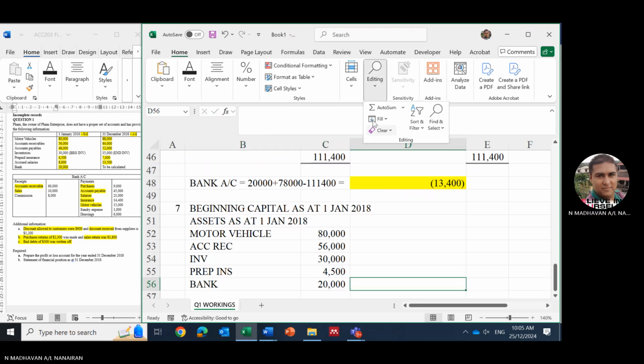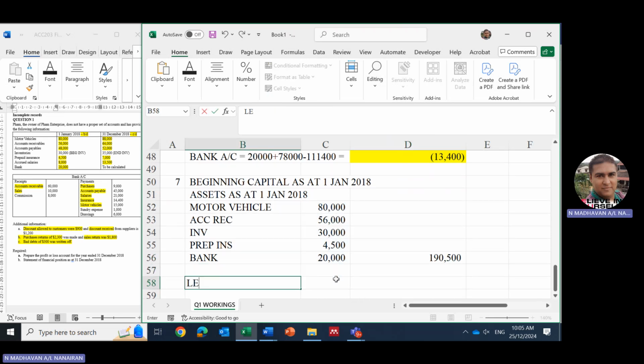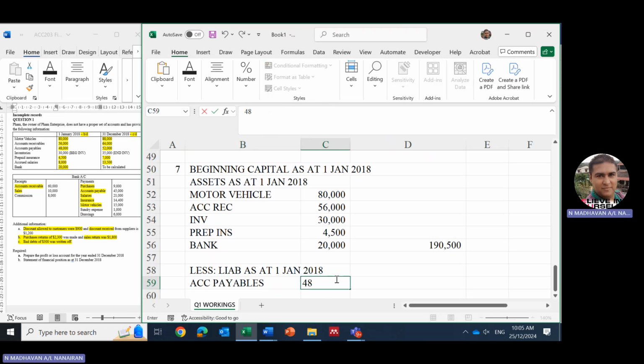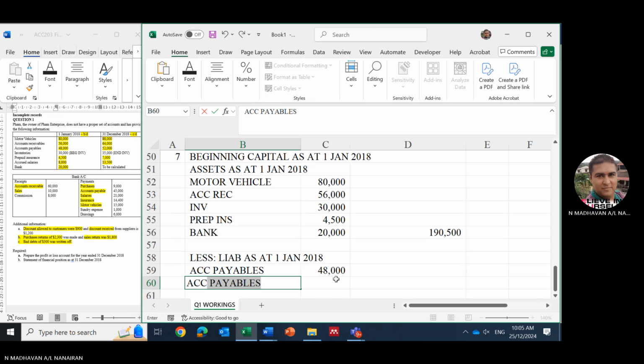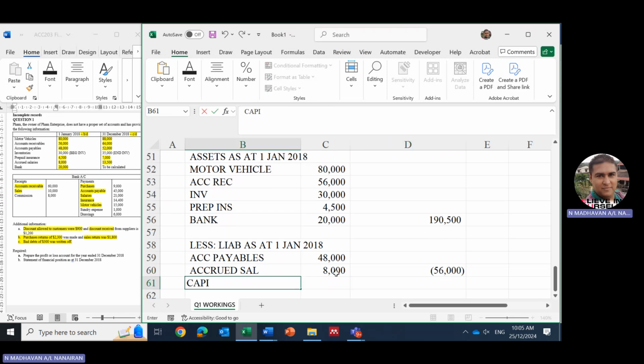So this is your total asset. Less liabilities as at 1st Jan 2018. What are your liabilities? Account payables, 48, and accrued salaries. How much? 8,000. So your capital as at 1st Jan